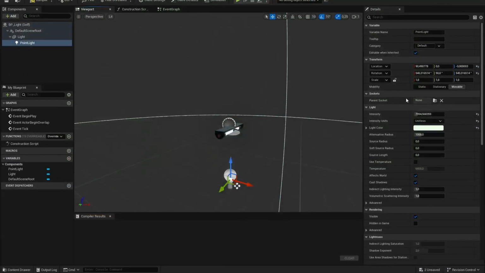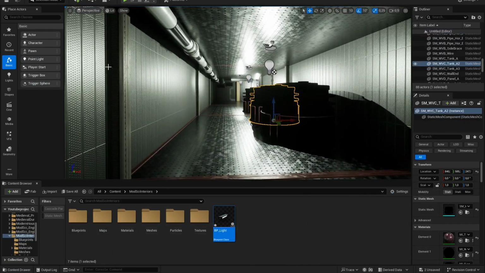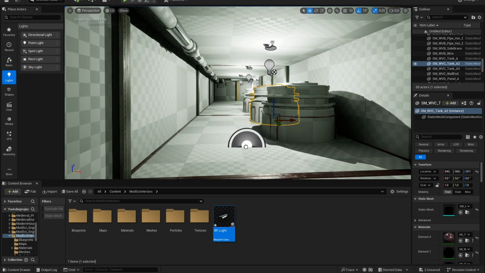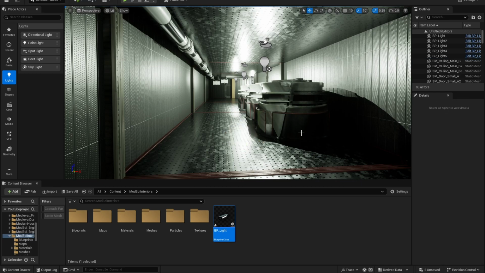So let's take the light and push it down to 3000, and then we will fix the rest with post-processing. So there we go. Let's also add a skylight. It will fill in the shadows a little bit more. If you want more of a horror vibe going, it's best to delete the skylight. And then also let's add an